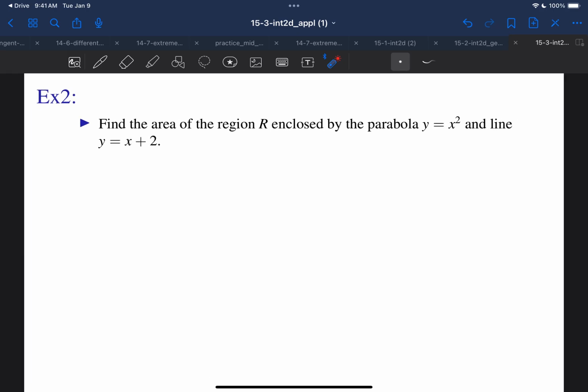Alright, let's look at one example. Find the area of the region R enclosed by the parabola y equals x squared and the line y equals x plus 2. So we're going to look at what it looks like. We have y equals x squared, which is a parabola. We don't have to be very precise for the picture, but we need the shape. And y equals x plus 2 is going to be, suppose this is 2, then with slope 1,